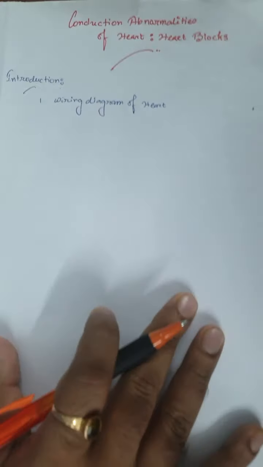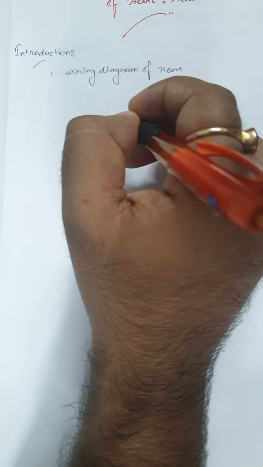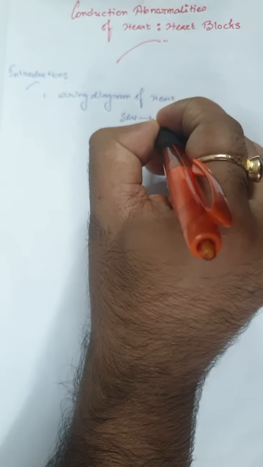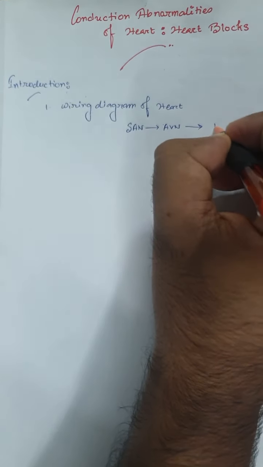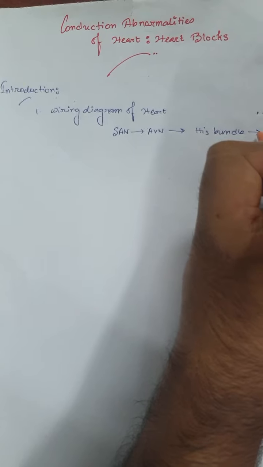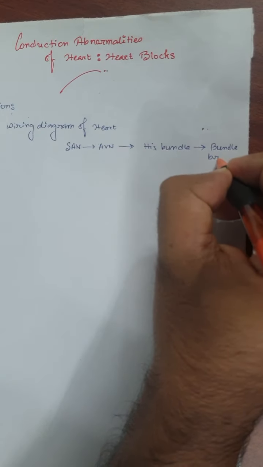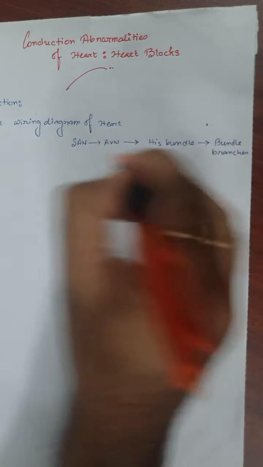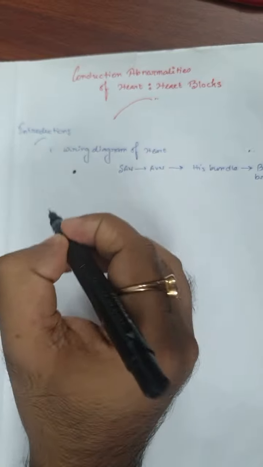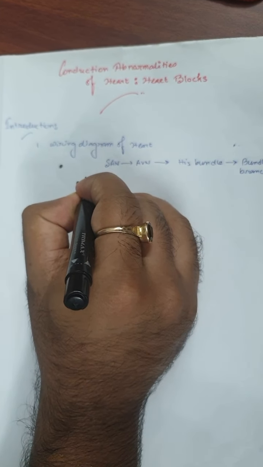In the wiring diagram of the heart, we all know that the impulse in a normal heart starts from the SA node, and from the SA node it passes down to the AV node, from there to the His bundle, and from the His bundle to the right or left bundle branches. So if we draw a picture regarding this, this is the SA node. From the SA node the impulses go to the AV node,